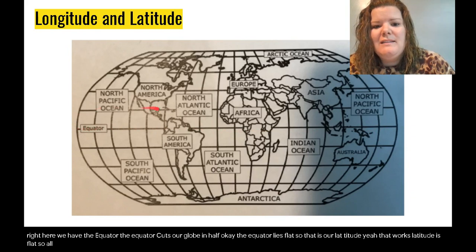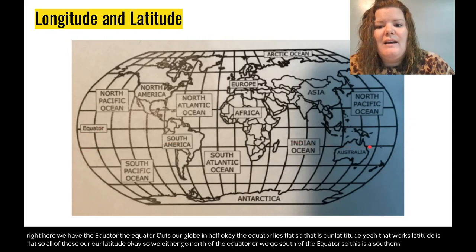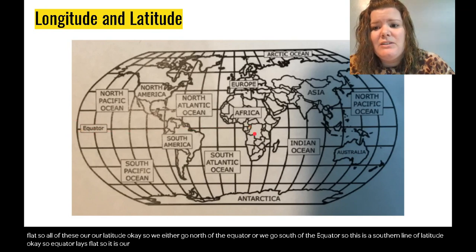So all of these lines running horizontal are our latitude, okay? So we either go north of the equator or we go south of the equator. So this is a southern line of latitude, okay? So the equator lays flat, so it is our latitude, okay? Lat,